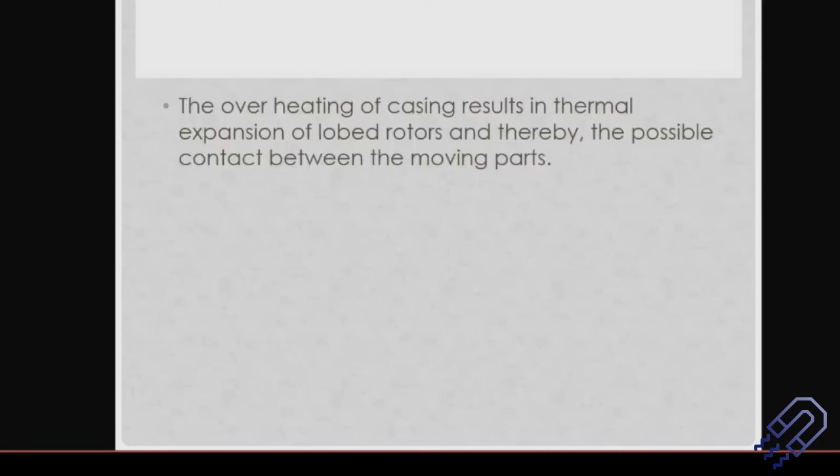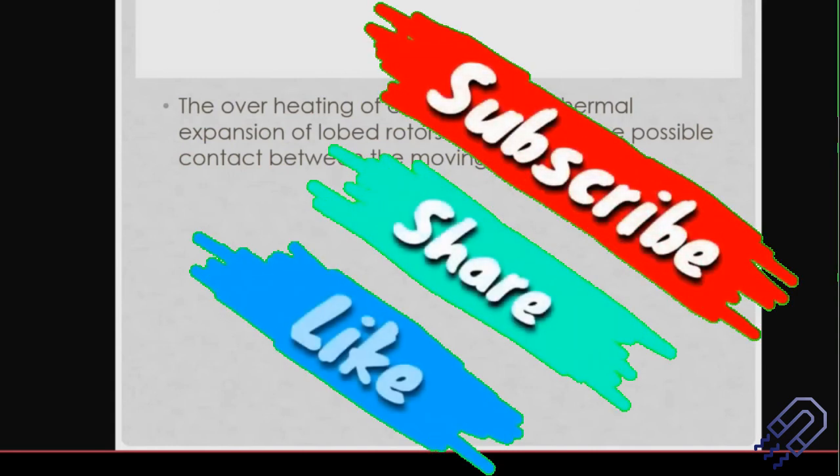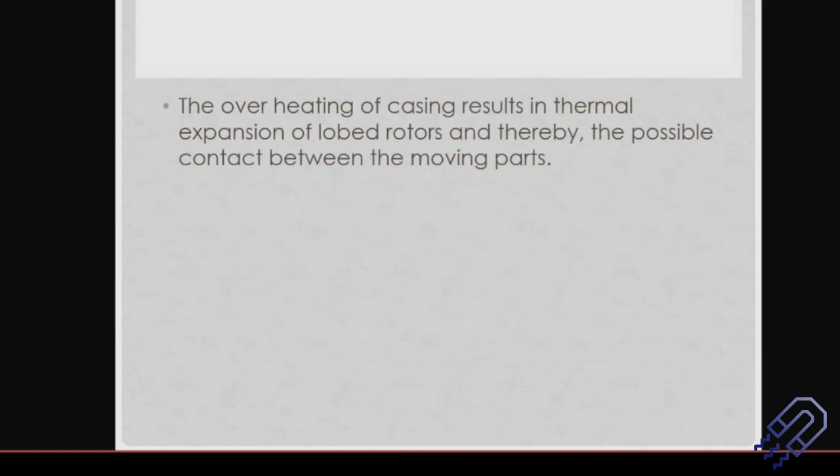Simple. The lobes may be of any material, mostly metallic. If there is overheating, there will be thermal expansion. If there is thermal expansion, the chances are that there will be damage. It will touch the stator, and there will be possible contact between the two lobes, and between the lobes and the stator, and so on. This is a similar idea to what is used in, let's say, telephone lines, or the railway tracks. There are gaps in between railway track sections because in summertime they will expand, so that there is no bending of the railway track.